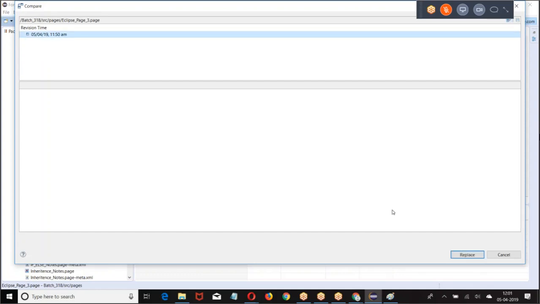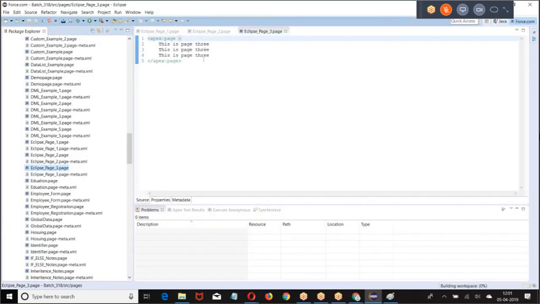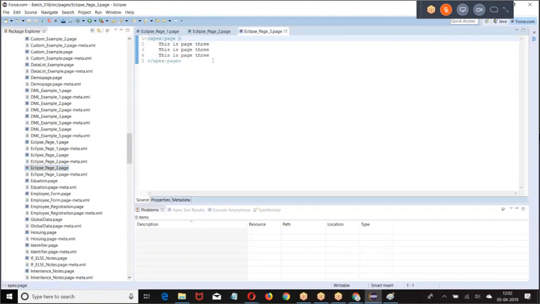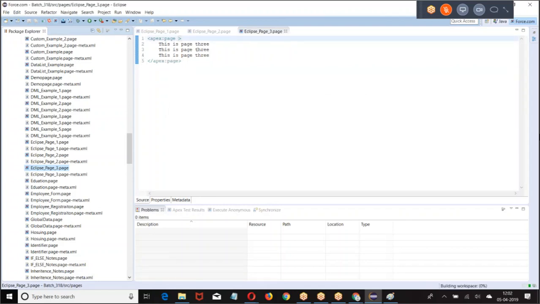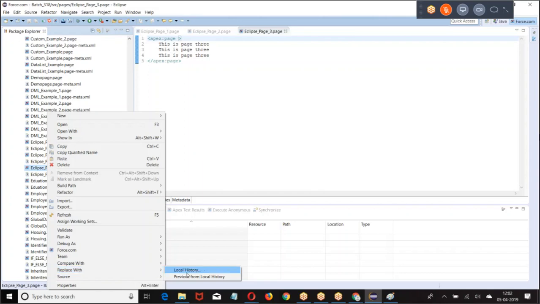When I click on this, replace, what is the code we got? Your code is replaced with the old copy because we are maintaining a local copy there. Then again, go to Eclipse, replace with the previous from local history. Are you getting my point?